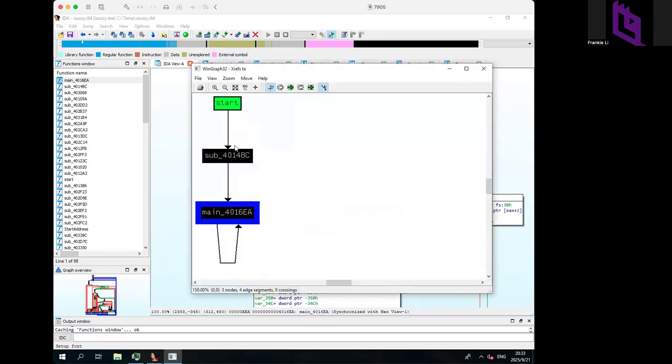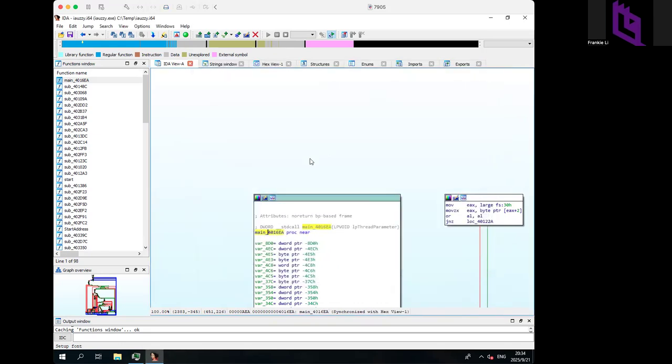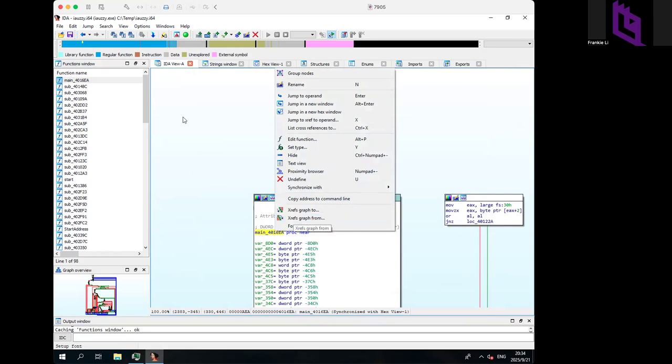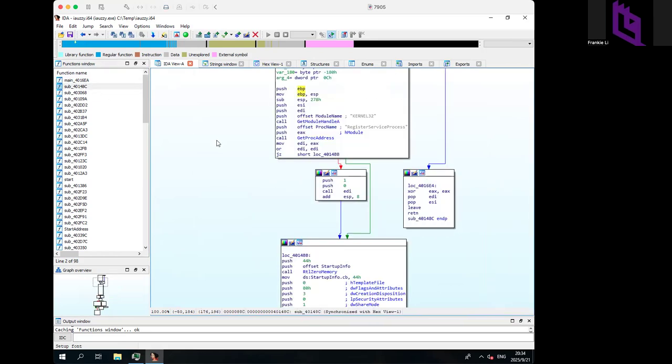We see we start at 4014XC and then come to this one, 4016EA. Okay, so if you want to find anything below that which 4016EA may call, you can go to cross reference from. So then I go to